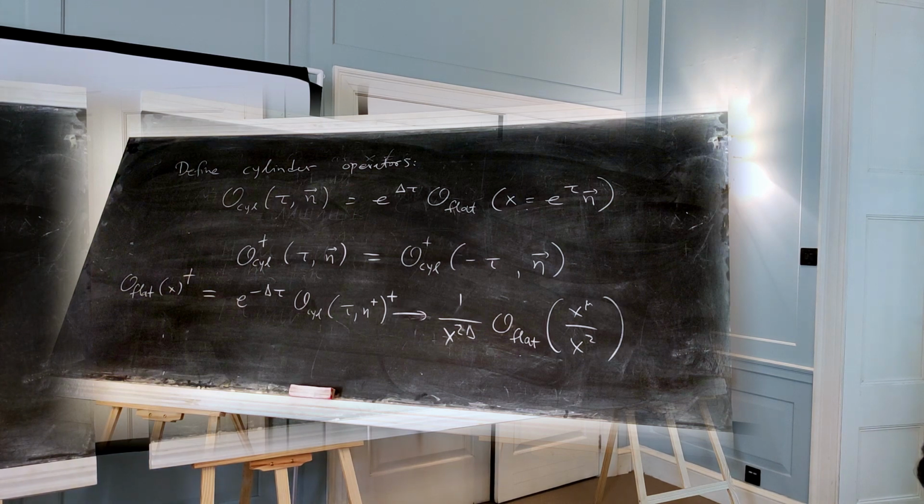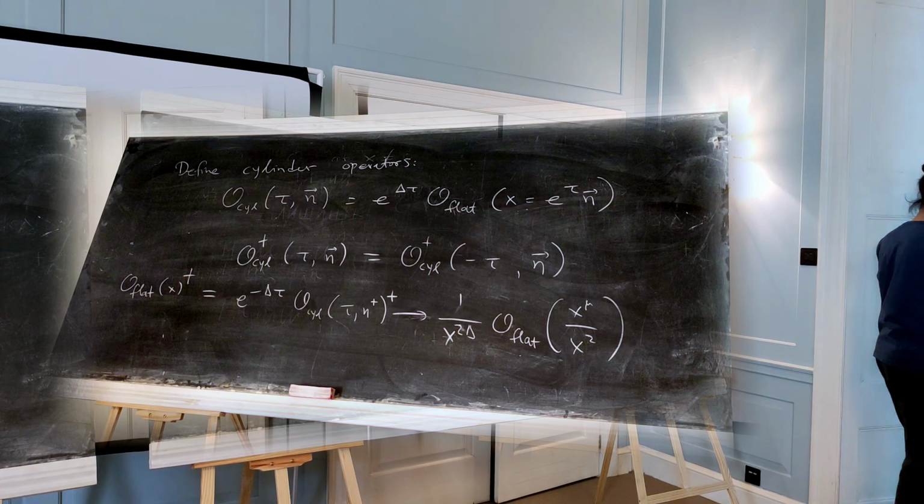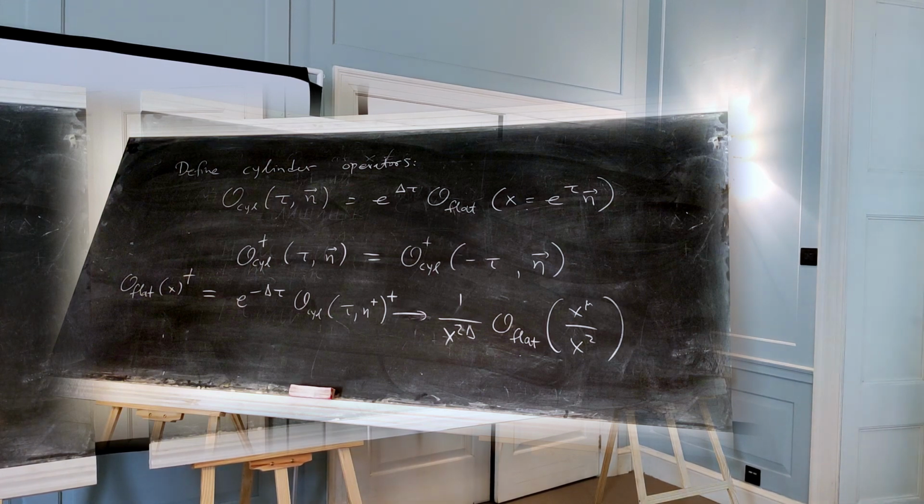Why does it change the sign of time? When you do conjugation in Minkowski, you don't change any signs, right? But here we're in Euclidean, and Minkowski and Euclidean are related by an i. So conjugating, the i will give you the minus sign for the Euclidean time. So this is how conjugation acts in Euclidean, and now I can use this relation to see how it acts on the operators in radial quantization.